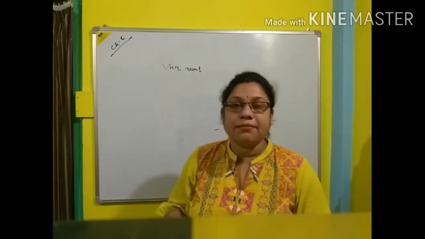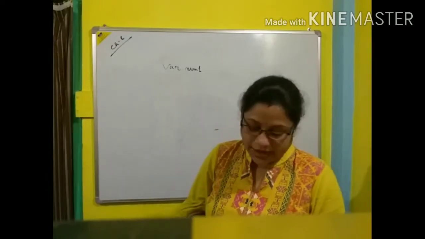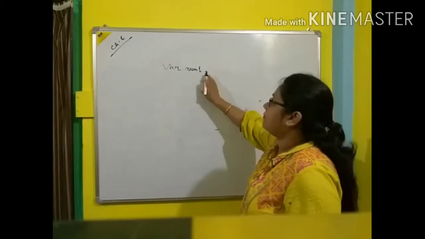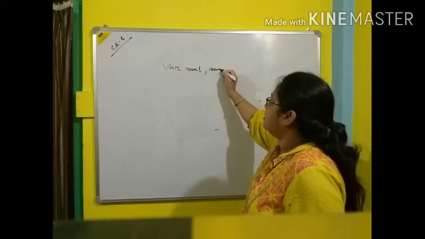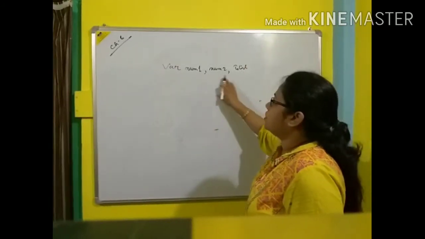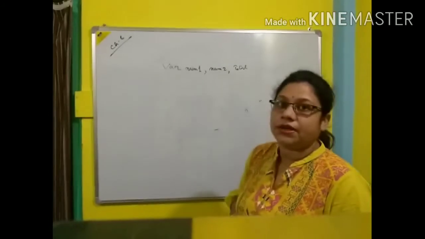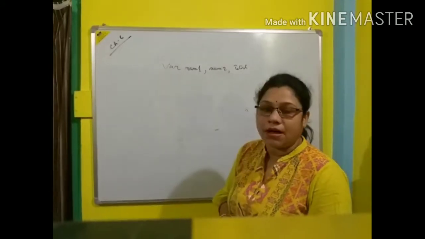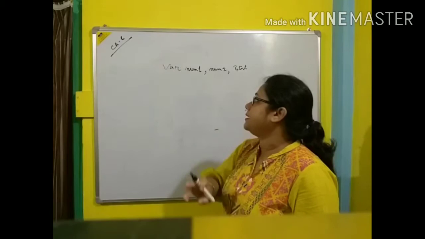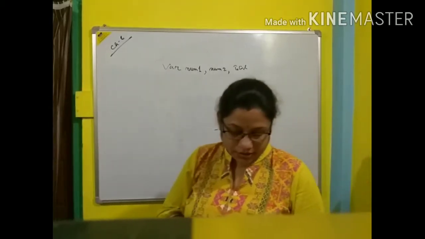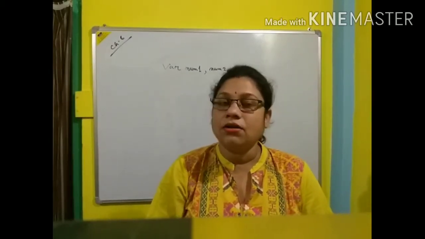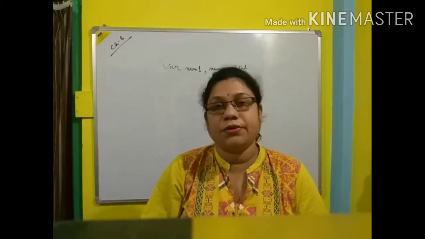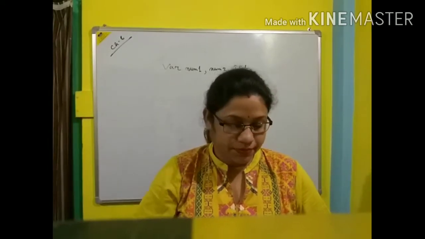You can declare multiple variables together by giving a comma after the variable name. Suppose number 1, after that number 2, comma, number 3. Students, look here, I am declaring three variables together and separating them by using the comma operator. Before declaring them, you give the var keyword before them. So this is how we can declare one single variable, or we can declare multiple variables.